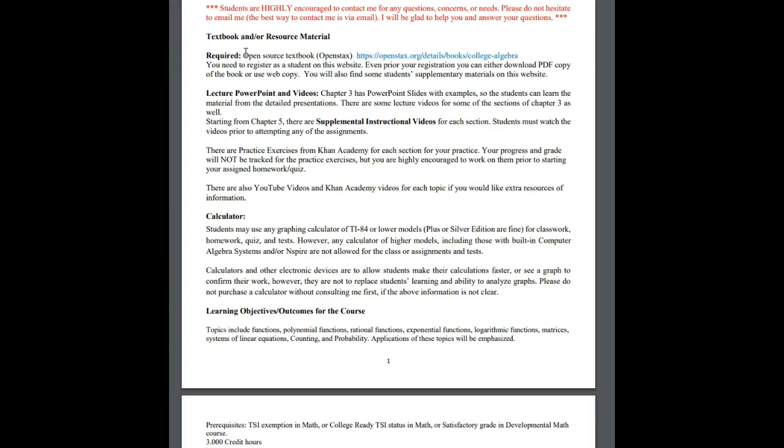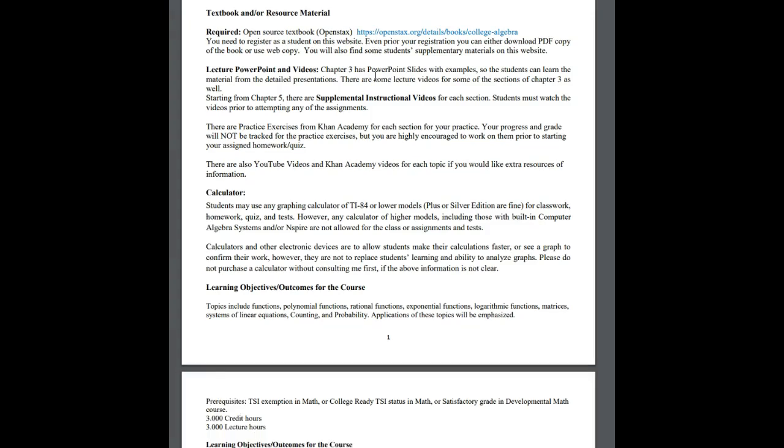The textbook for the course, you are not required to purchase any books. This is the link that I have posted here. That is a free online textbook, and all of the material that I post in the chapter contents of the course are aligned with this textbook. So you have access to it. You can download a PDF, but you can also work on it as a web view or online view, and that way you can have a more interactive work with the textbook. There are some questions that you can solve, and then it gives you feedback whether you got it right or wrong, and you can do that also.